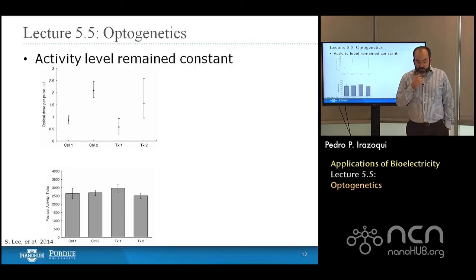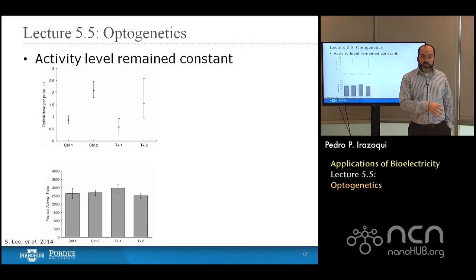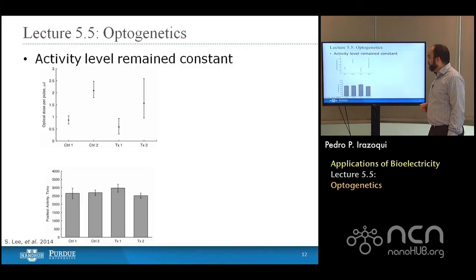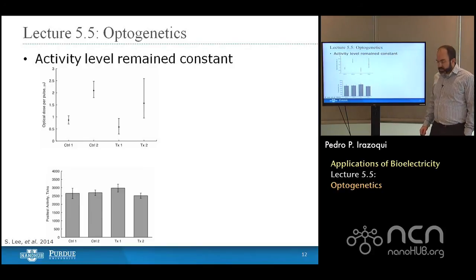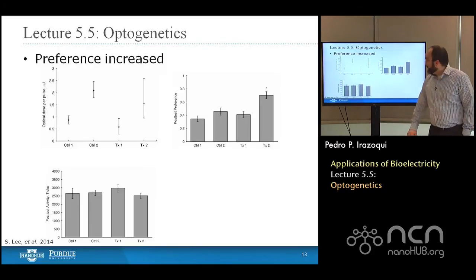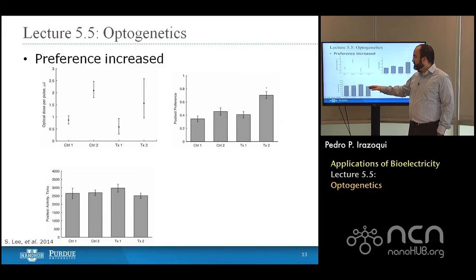Again, if it works, over time you would expect animals to spend more time in the region of the cage where they're being stimulated. And so we can map out the post-test activity for the different populations. And really, it starts to get interesting when we start looking at preference. So the activity is, are they moving around as much before as they were afterwards? And there's no statistically significant change. So they are in fact maintaining a level of activity.